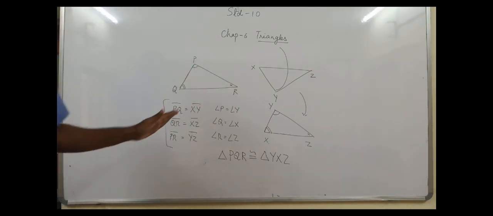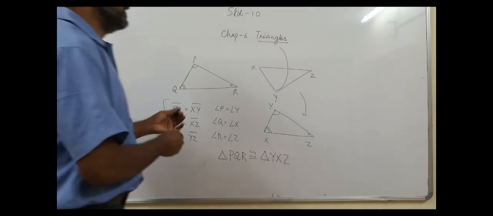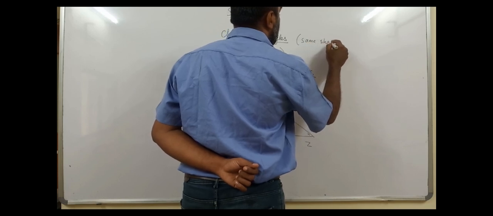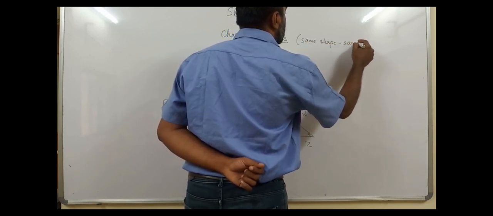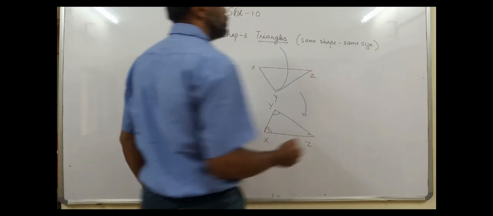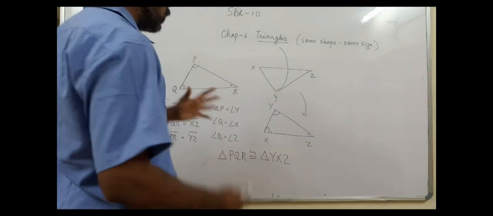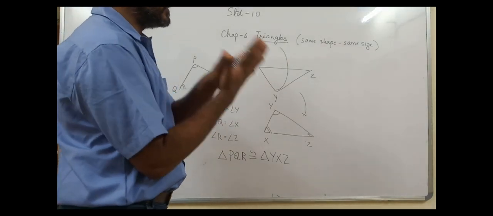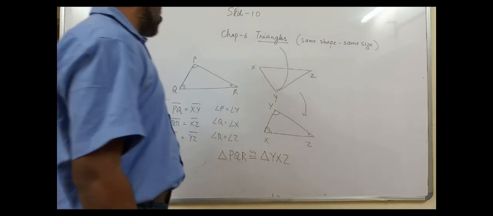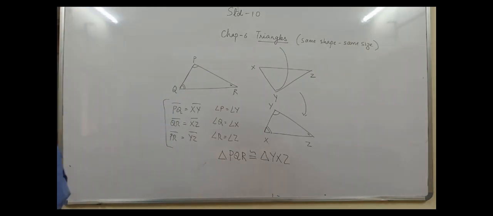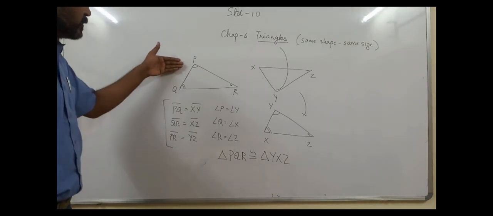But what do you follow from here? The triangles are congruent if they have the same shape and the same size. They will coincide only if they have the same shape and the same size. So that is the idea of correspondence. Same shape and same size, so that will give rise to the congruence. Yes, in the 9th you did. So you learned that in congruence, 6 conditions have to be followed.